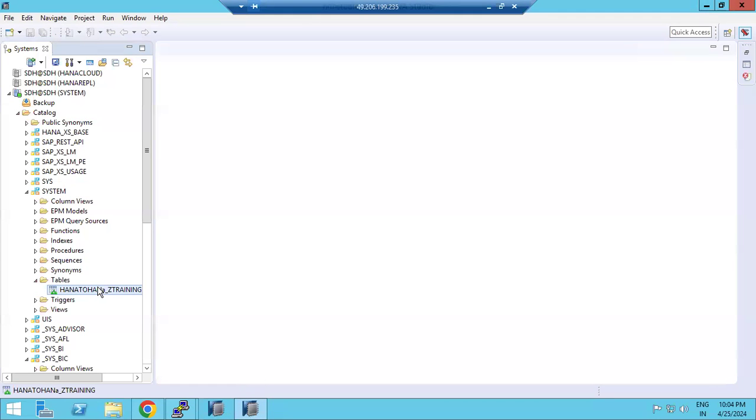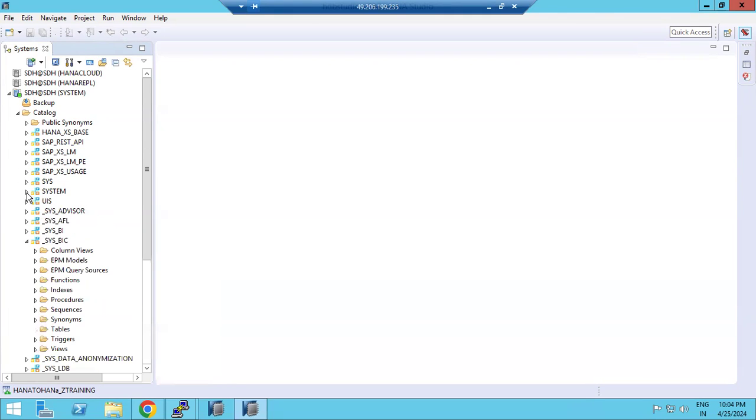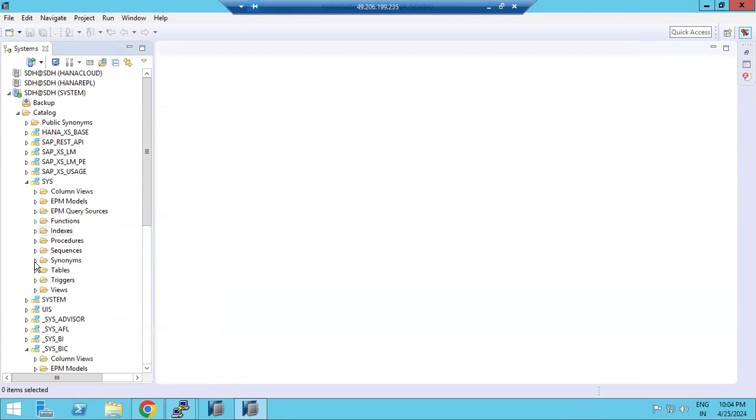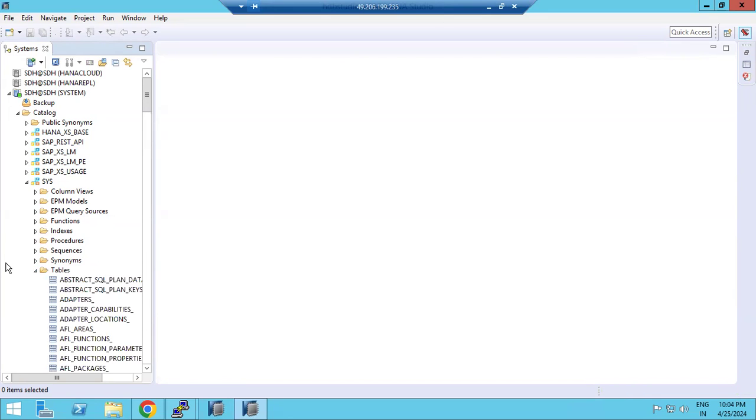So here you can see any table you can take out. Normally if you go to the tables here, any business tables, there is a lot of data. Sometimes people don't want that much data to stay in the column store. Then what they can do is,